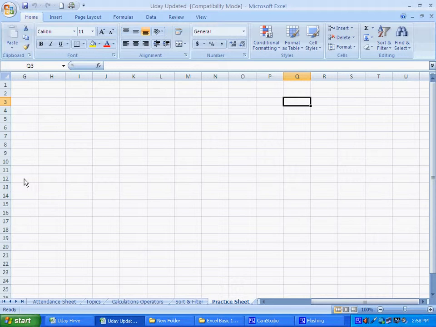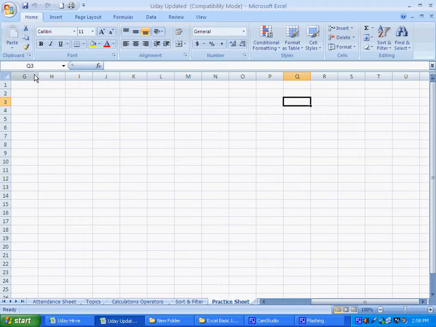Similarly you will observe there are various rows. Over here it is row number 1, row number 2, row number 3, row number 4 and so on. Right now my cursor is on Q column and third row. Over here, this part is called the name box.